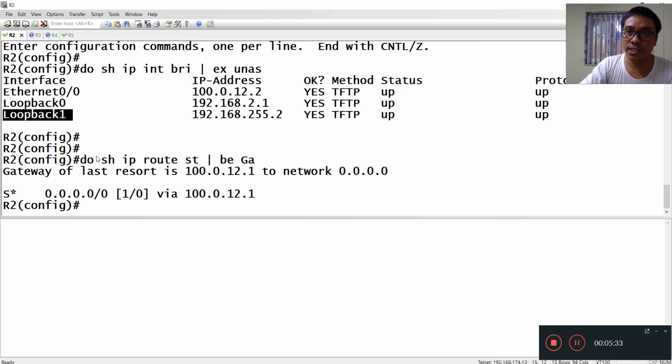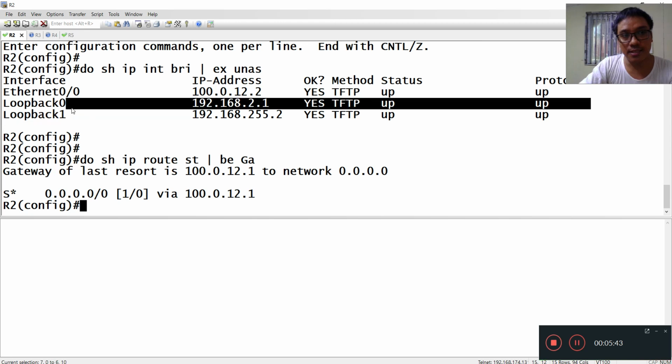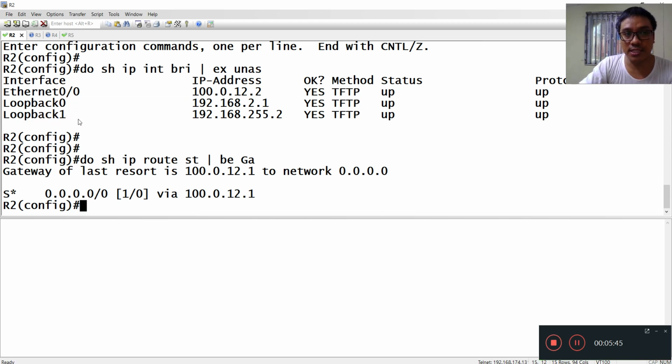That's why we need to assign the IP address on the virtual template using the ip unnumbered command. This is my VPN address, 192.168.255.0/24. Okay.